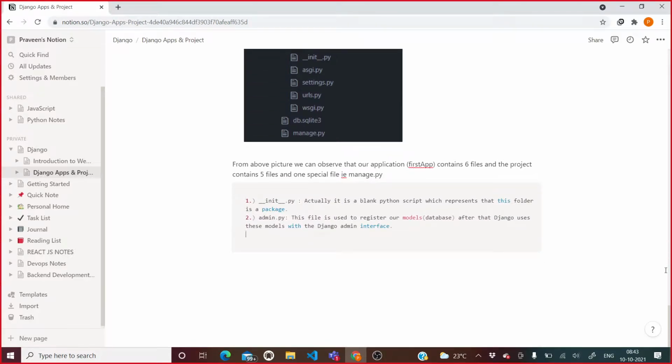For example, if you create a website, then that website is going to contain a particular admin panel as well, given by default by Django. So in Django, whatever data you want to display on the Django admin interface, you can write those data, model them here, right? So that's what admin.py is used for. Now the third thing, what is that? Apps.py.